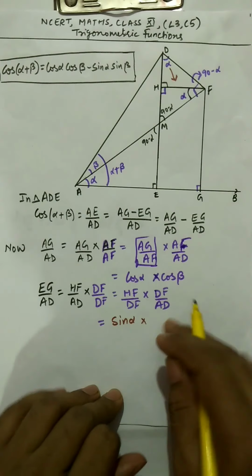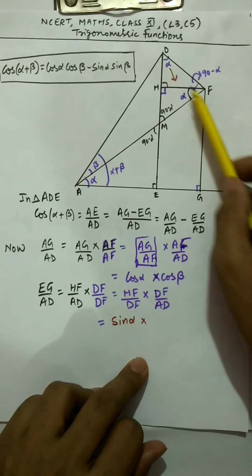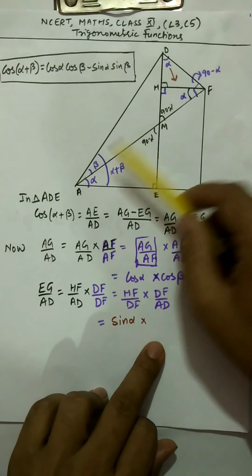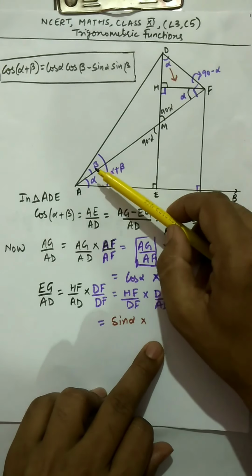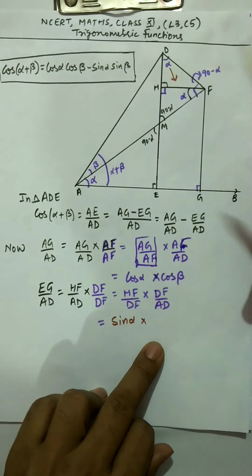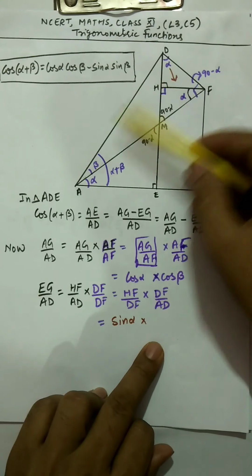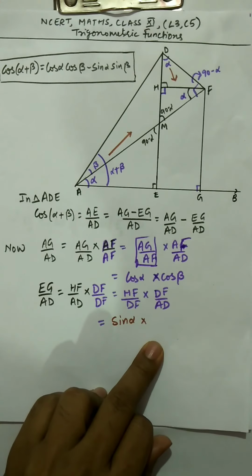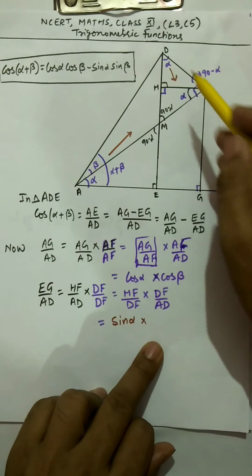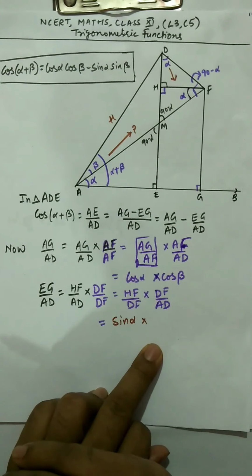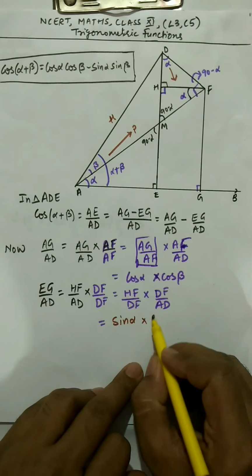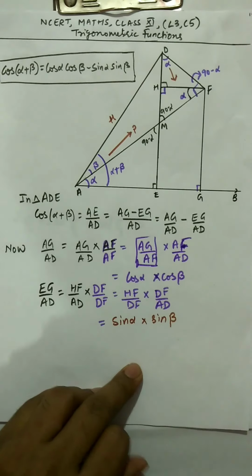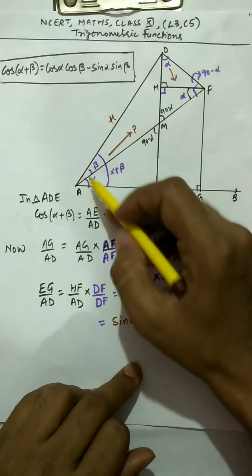Now come to this DF. You can see this is your DF, and the AD you can see this is your AD. Now this time I'm taking this angle beta as the acute angle. So opposite to that beta angle, this side is your DF. So it means DF is going to be your perpendicular and hypotenuse is fixed. The opposite to 90 degree is your hypotenuse. So this is going to be H. So DF upon AD is going to be sine beta, because I am taking this angle as beta.